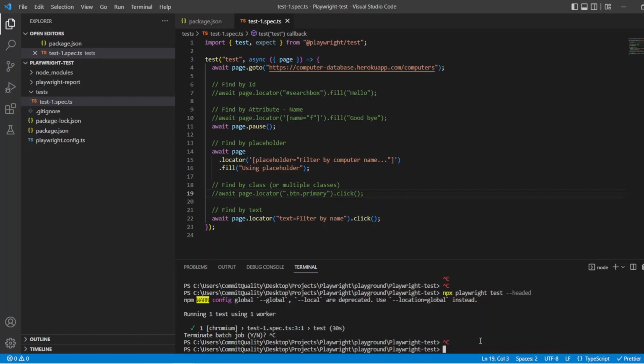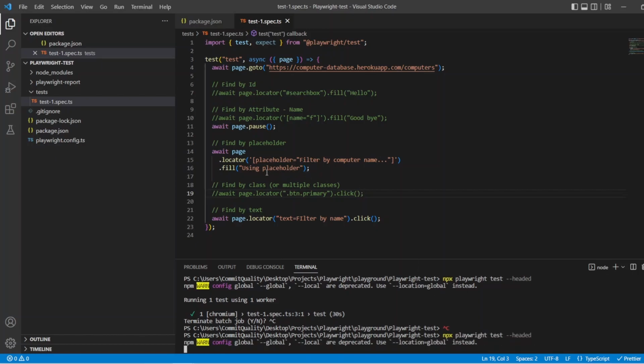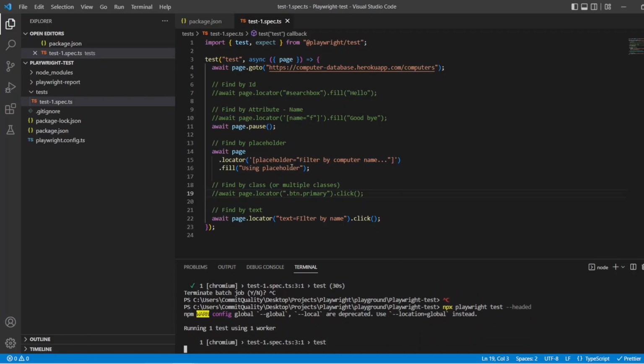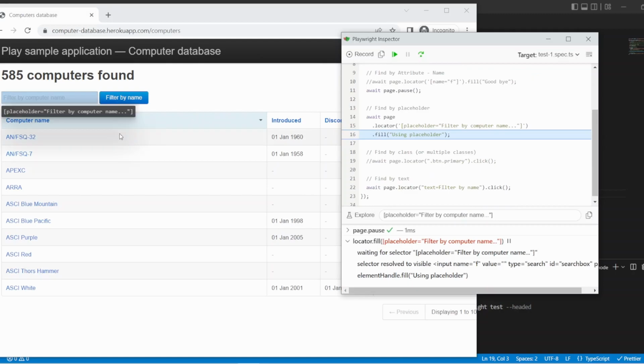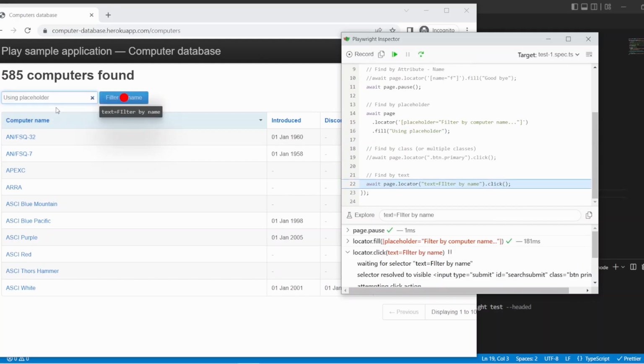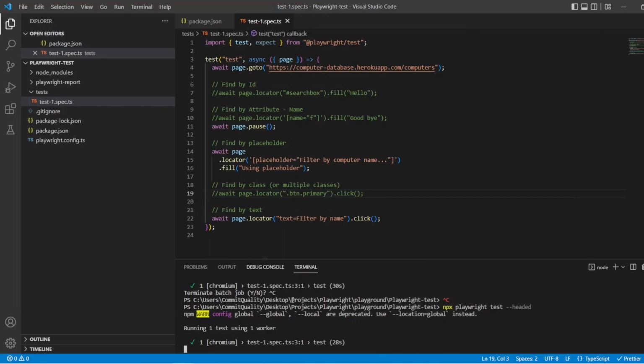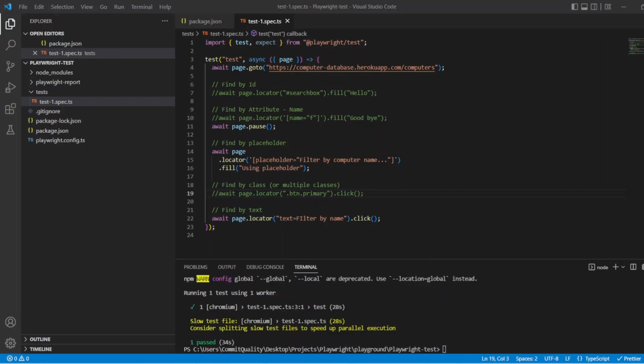Let's now run this. And what we should see is it's entered the text of using a placeholder because we've just got it from the placeholder attribute. Okay, so that's loaded here. And what we can see is if we step over, it's found the placeholder here. Click it again to action the fill, and there we are, using placeholder, and it's going to do the clicks that we had in there already. So perfect. So we've just gone through how to use by text, how to find by placeholder, find by ID, class,